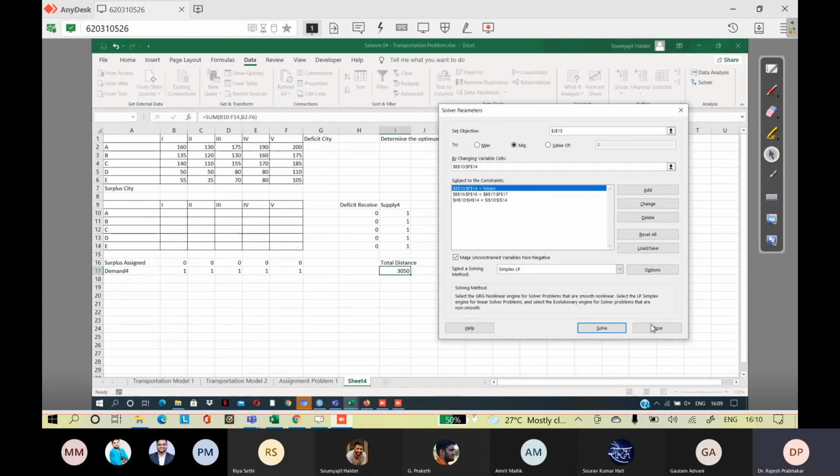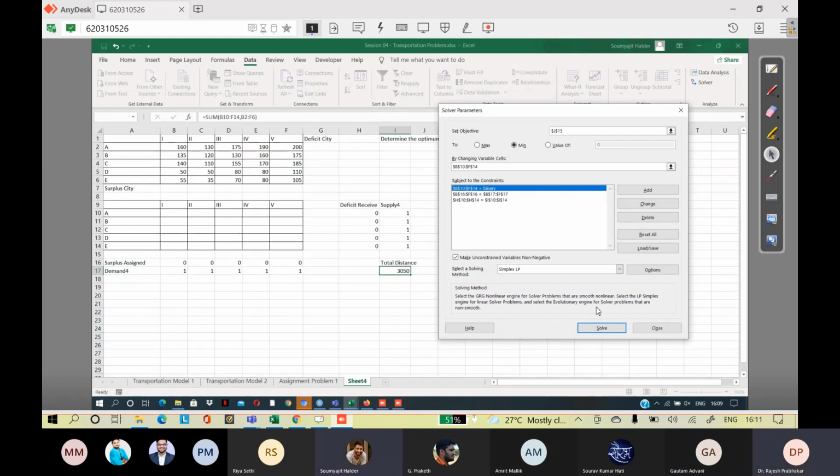That means you might have made a mistake in the formula. Did you assign formulas for deficit, received, and all? Set formulas to the cells, no? The zeros, how did you get it? Surplus assign zeros, how did you get it? Did you put some function here?